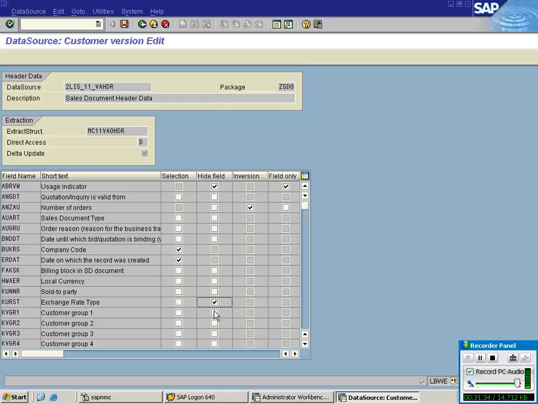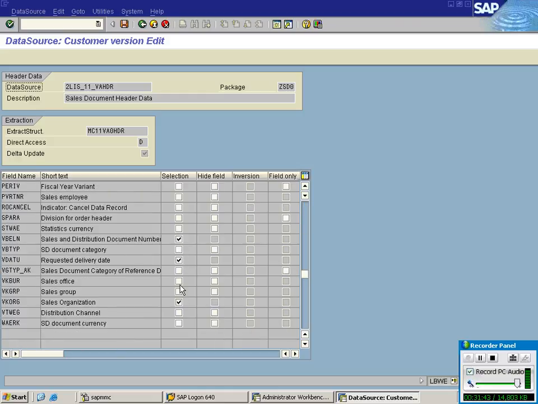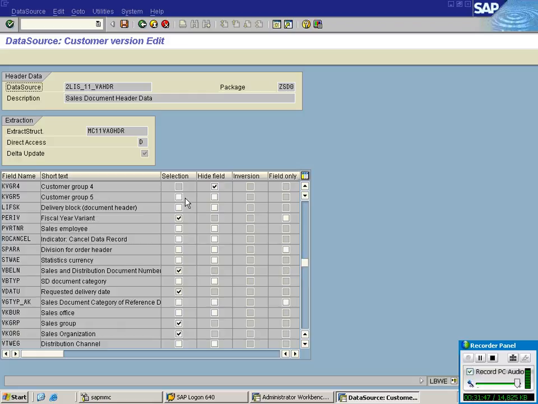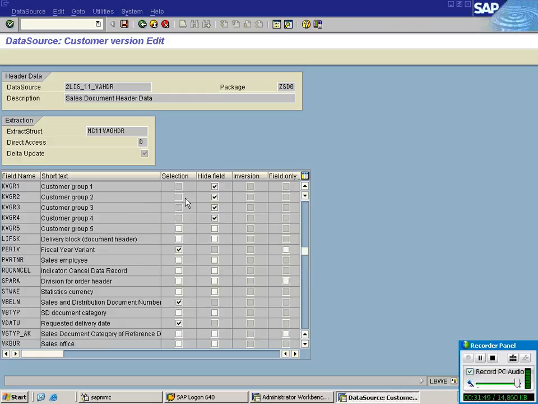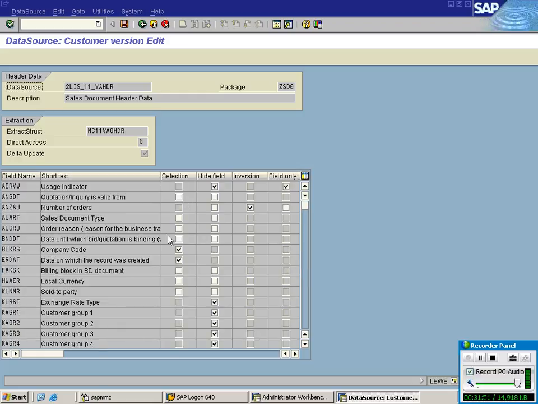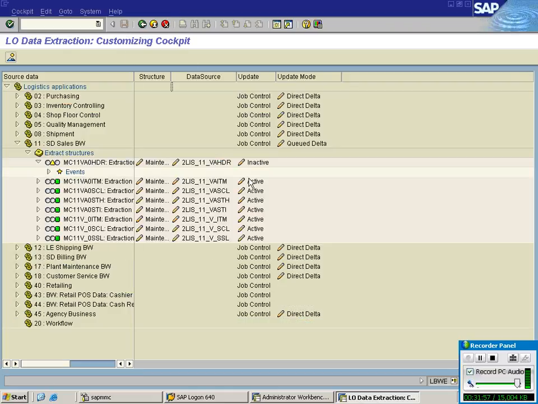Selection and hide. Any unwanted columns, if you want to hide, you can just hide. Then save.